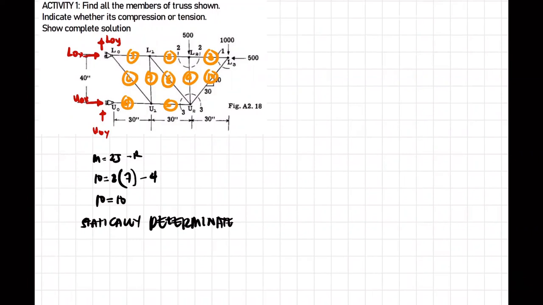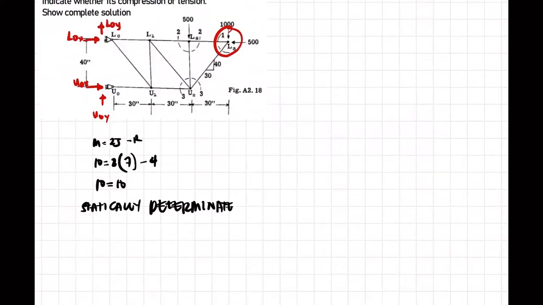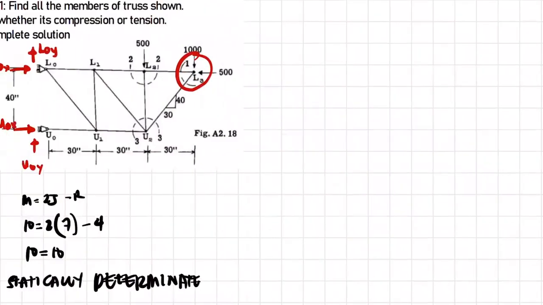After knowing if it is statically determinate or indeterminate, you either get the reactions first or you can start at any joint wherein you can get a single unknown. So, let's delete the numbering of the members. Here, we can start at joint L sub 3. So when we draw L sub 3, at joint L sub 3,